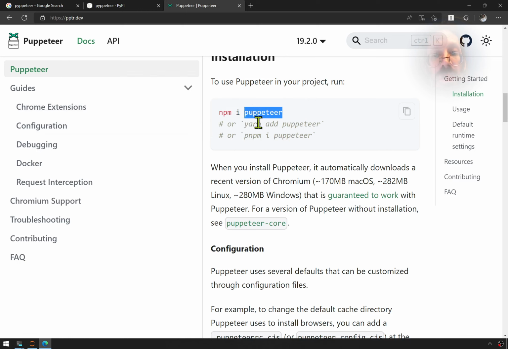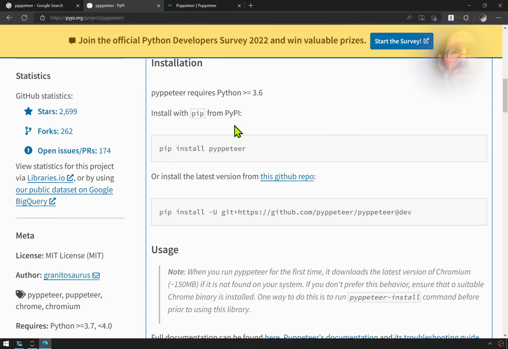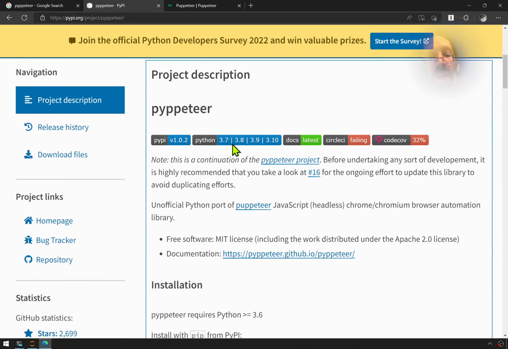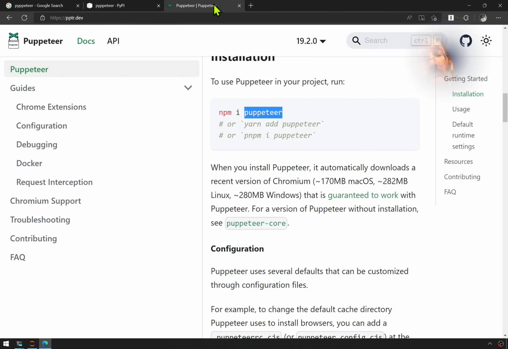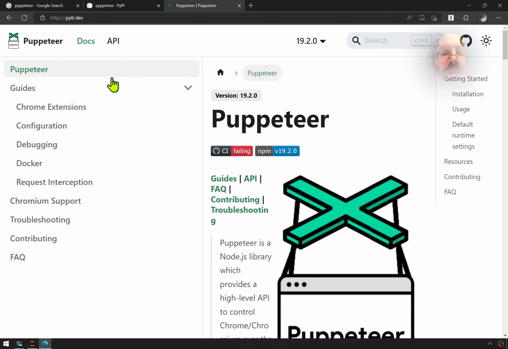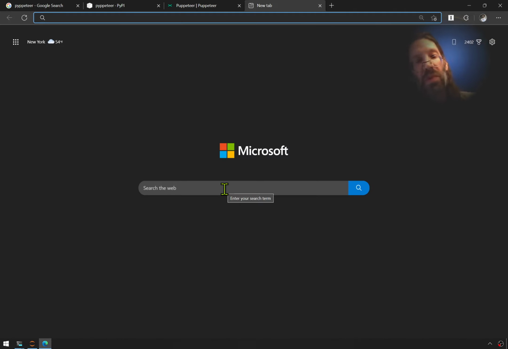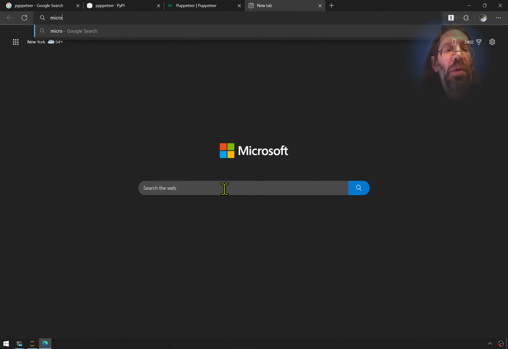Puppeteer. Pyppeteer is an unofficial port to Python. And it gets out of sync sometimes. It really has difficulty staying up to date with Puppeteer, and Puppeteer now has difficulty staying up with Microsoft, who hired away the two lead developers from Puppeteer and put them to work on Microsoft Playwright,